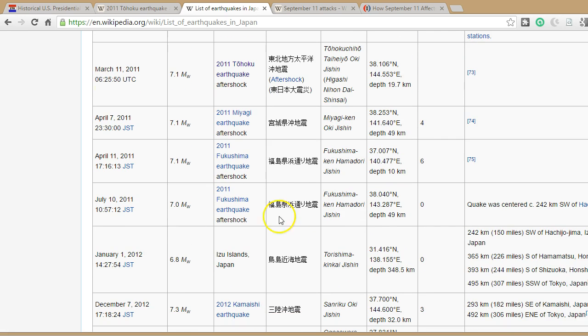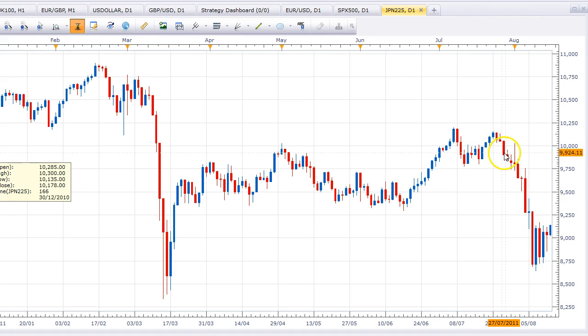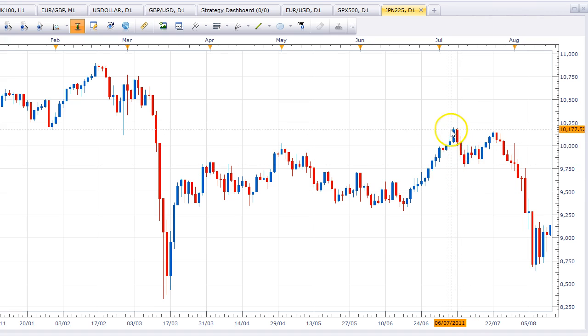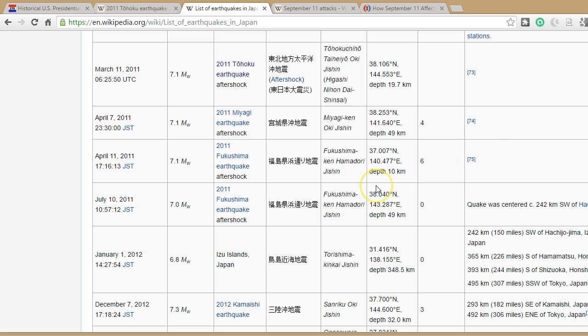okay, now there's a 10th of July 2011, and we can check that one out certainly. Okay, 10th of July is here. Now this gave us a bit more of a move, about 250, about 500 pips, and then retraced. What happened at the end of July to give us this move, beginning of August? See if there's any natural disaster here. Okay, there's nothing listed here in Japan, so maybe something else happened around that time.